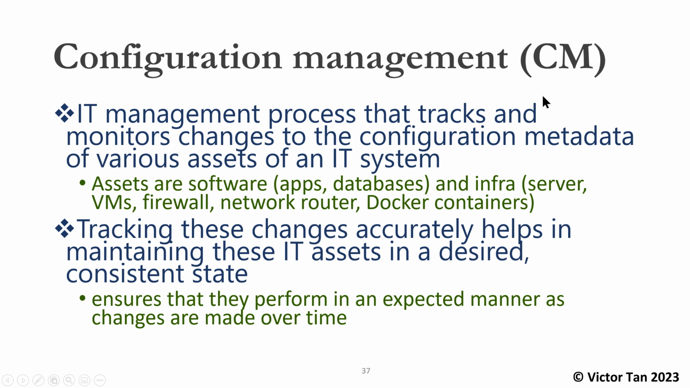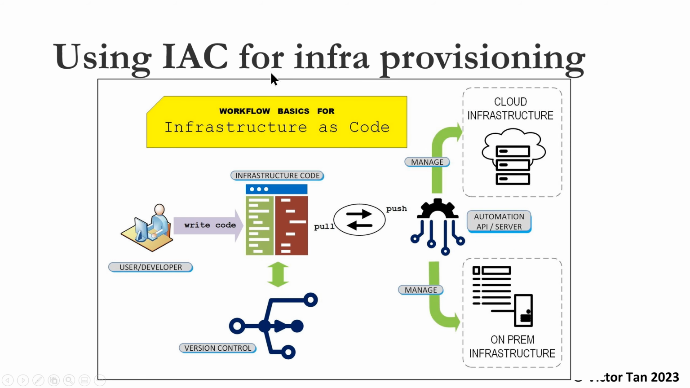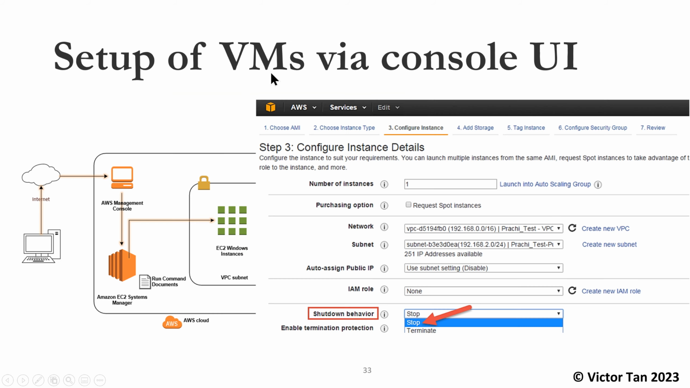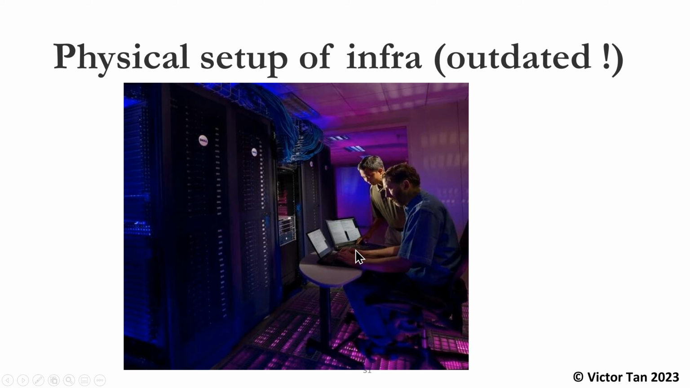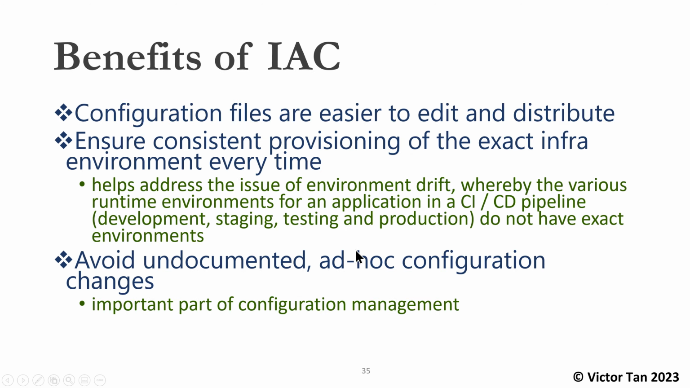Now we have something else called configuration management, which is kind of related to IAC but a bit different. IAC is really about just the infrastructure itself, which means either the virtual machines, so your EC2 Windows instances are virtual machines, or an actual physical server. That's what infra is about. But